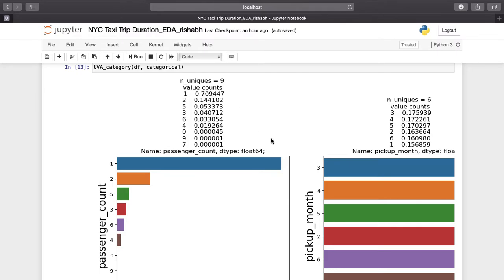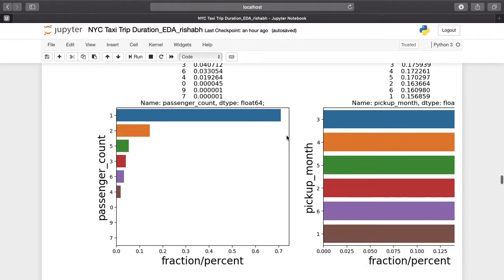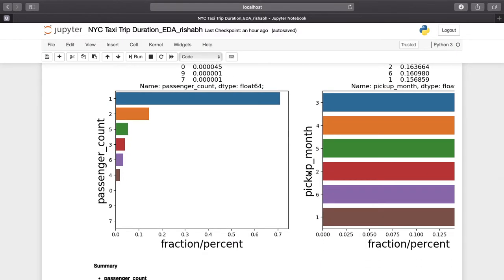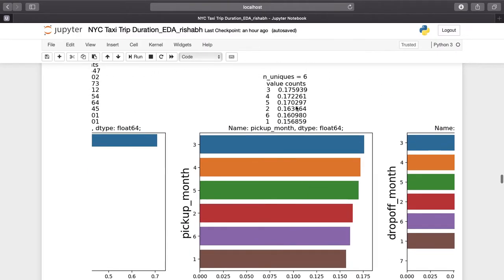As we can see, number of people traveling solo is 70.9%. That's quite high, and I think that's good. Like people traveling solo, maybe they like traveling solo. People traveling 6 is quite less. Only 3% people are traveling in 6 numbers. So from here I can also draw another conclusion that maybe I have less number of big cars, where passenger capacity is actually 6. More number of small cars. This is also possible.